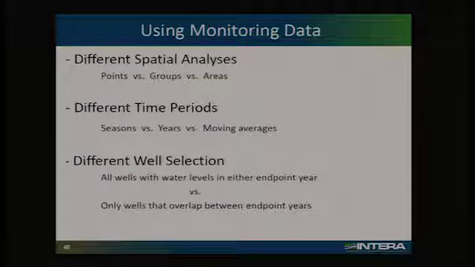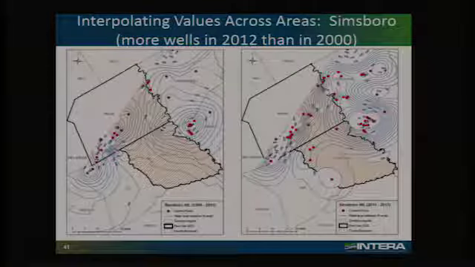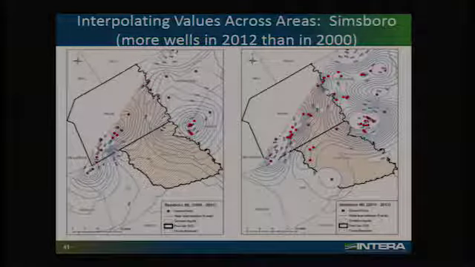We also considered different well selection. In post-oak, the DFCs are based on drawdown from 2000. So if we were measuring from the year 2000 to 2012, that was one of our windows, we had a lot more monitoring data in 2012 than we did in 2000. So if you're looking at the water level in 2000, that would be on the left-hand side, and then look